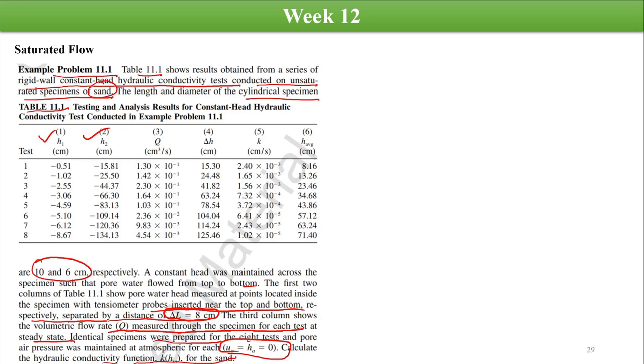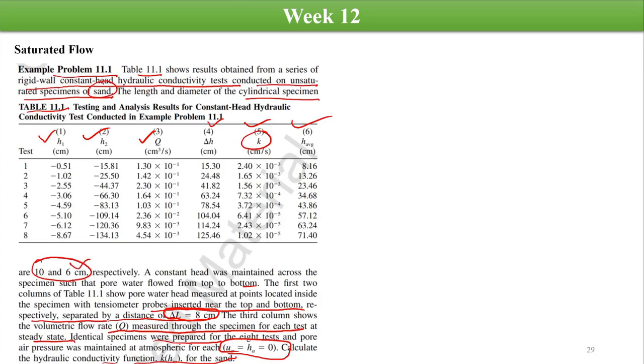Right. So we have been provided with these three columns and we need to calculate these three, right? So we need to calculate the head difference, then the hydraulic conductivity function, and the average head. So actually, we need to calculate the hydraulic conductivity function only. So how can we do that? For doing it, first we have to see what data do we have. So we have the data regarding the head. Then we have